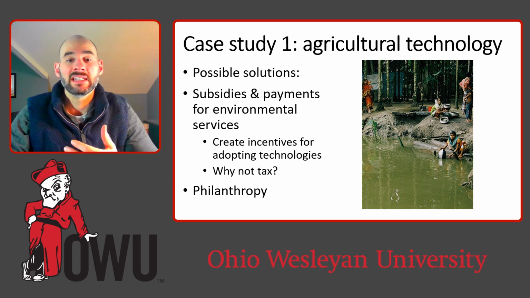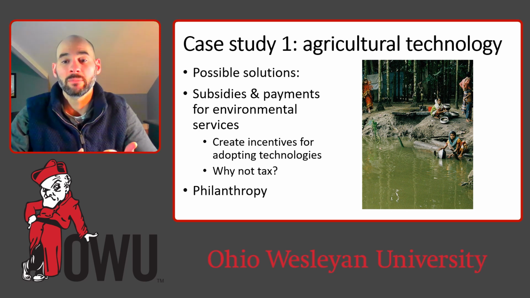And we can think of some possible solutions as a way to help the agricultural producers internalize those costs. And one may be to incentivize them to invest in a technology which may be costly but would allow them to not over-extract resources. And in this case, we'd want to think about subsidizing the behavior of private firms rather than taxing, because taxing, as we're going to see later in this video, and as you may remember from Econ 101, may end up coming back to hurt the very people who we